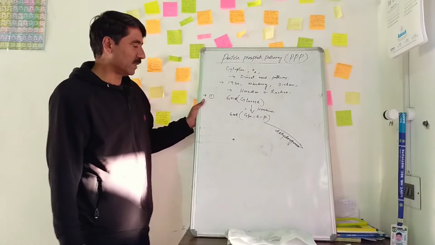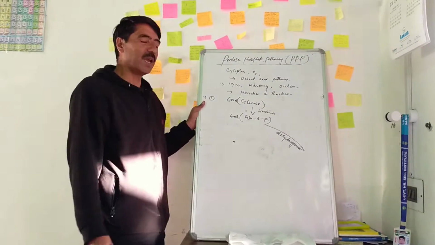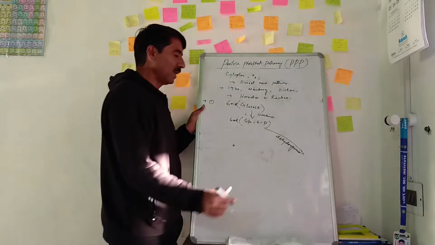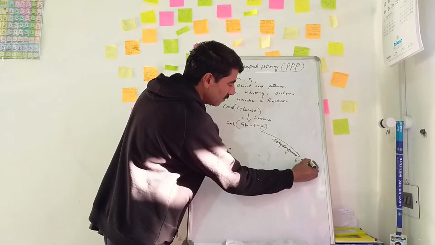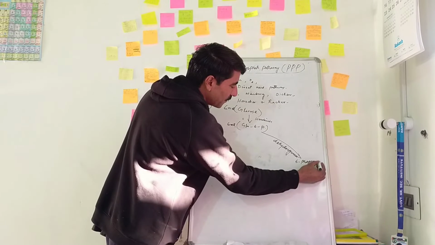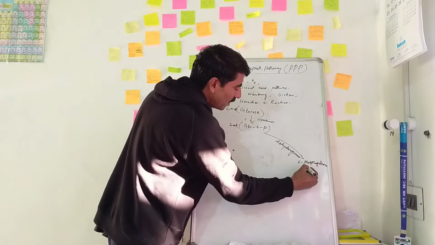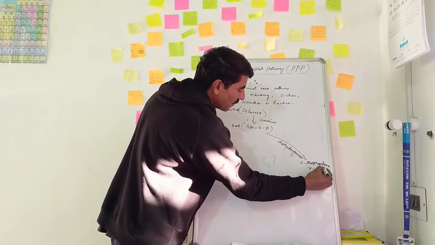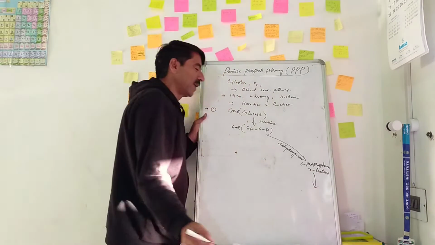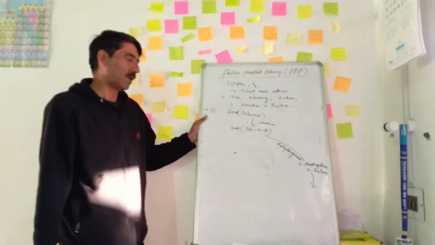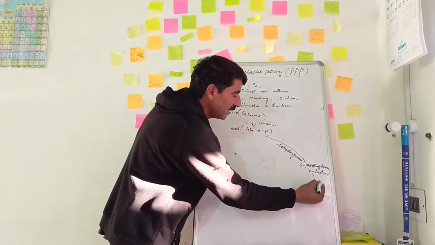It converts glucose 6-phosphate into an intermediate. The intermediate is 6-phosphogluconolactone, or glucono-gamma-lactone. This is the intermediate compound, usually formed for a brief time, and immediately it is converted by the enzyme